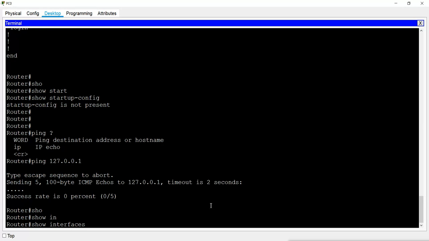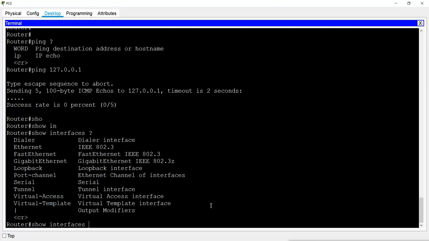This command is to check the information about your interfaces. Now if I put the question mark here, you can see what interfaces you have. You can have Ethernet interface which is 10 Mbps. You can have FastEthernet interface which is 100 Mbps. You can have GigabitEthernet, that is 1000 Mbps, like 1 Gbps. Then you can have loopback interface, that is a virtual interface.